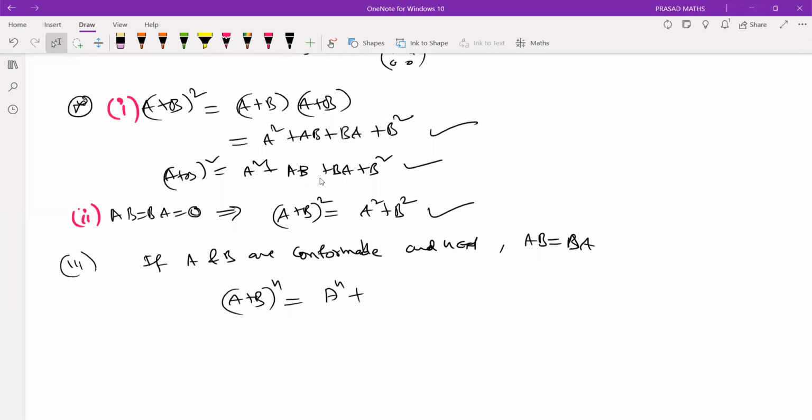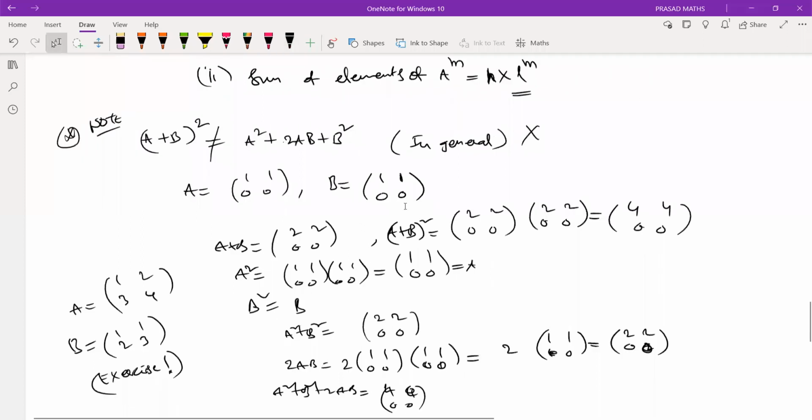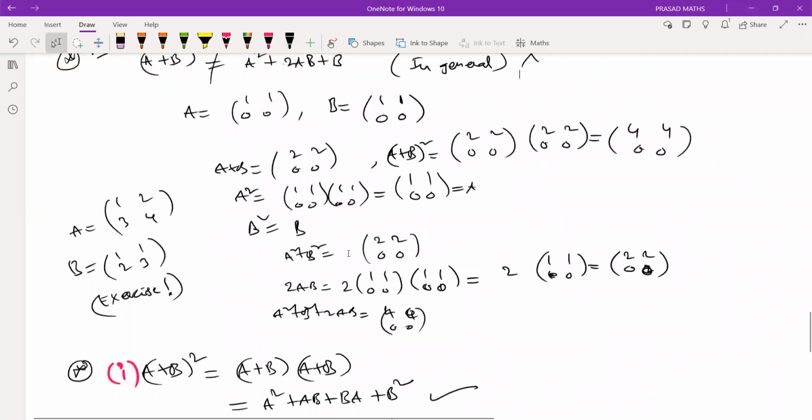A^n + nC1 A^(n-1) B + nC2 A^(n-2) B^2, going on to nCn, that means 1, B^n, right? In general this result may not be true. But when A and B are commutative, (A+B)^2 is equal to A^2 + 2AB + B^2. Whenever A and B are commutative, (A+B)^2 is equal to A^2 + 2AB + B^2. So this is very, very important when I'm teaching,